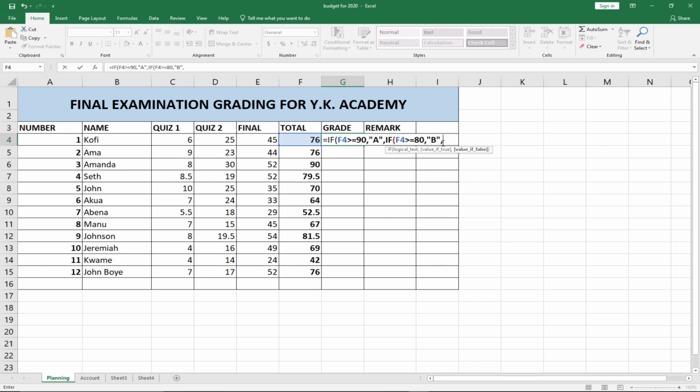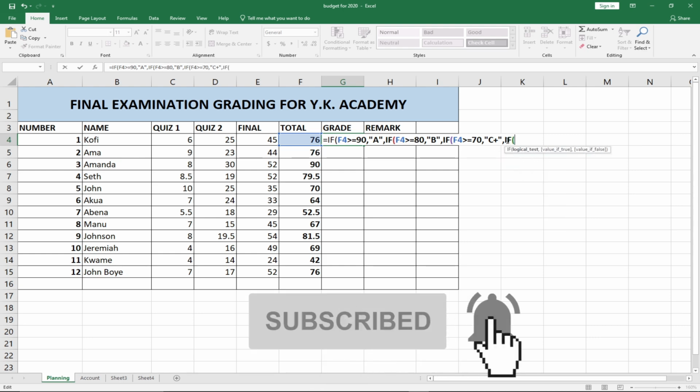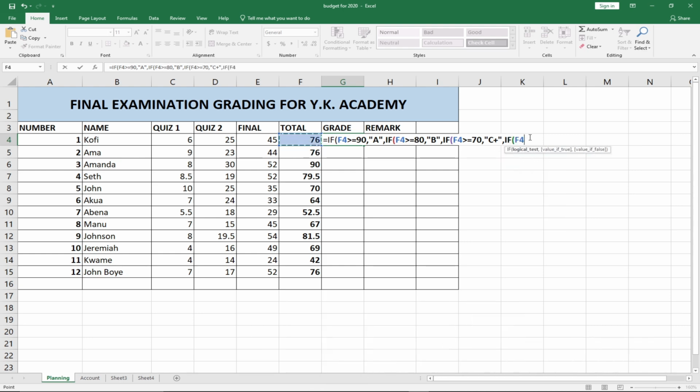F. So we can go ahead and say if the same column F4 is greater or equal to 70, we should give that student what? A C. So let's say a C plus. Okay, so this should be a C plus. Then we can go ahead again, sorry, so we are using the same statement. So you notice this is supposed to be in what? Quotation. So I need to end it with a quotation and then comma,